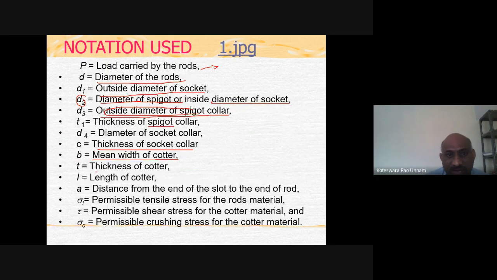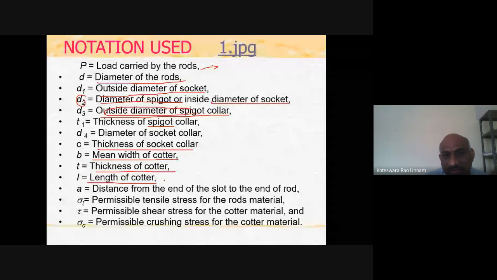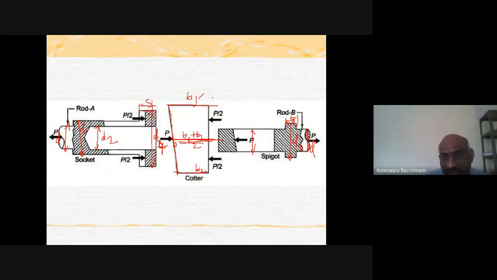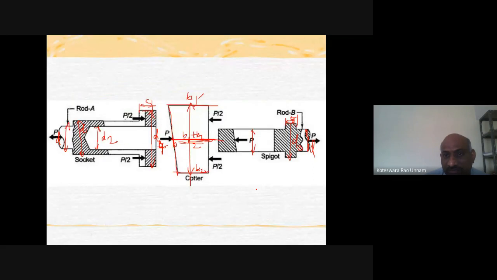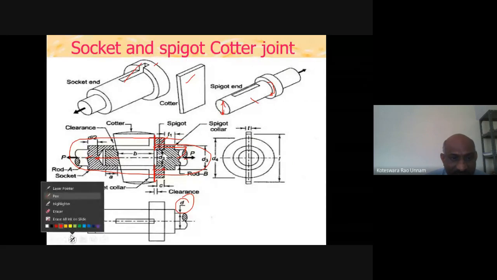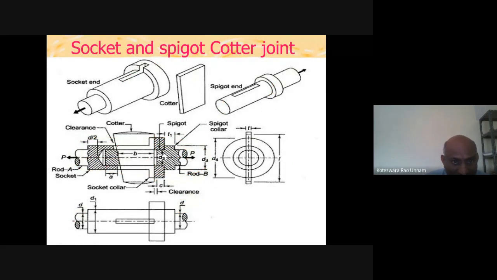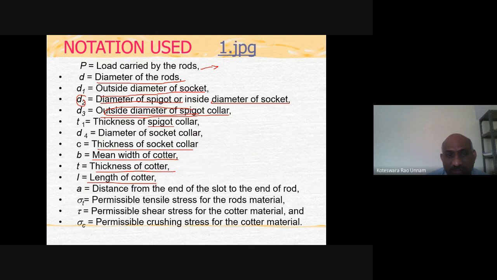Then t is the thickness of the cotter. L is the length of the cotter. In this view you cannot see the thickness, but this is going to be the length of the cotter. So from here to here, we'll take it as the length of the cotter. Then a is the distance from the end of the slot to the end of the rod. That means if we insert this spigot into this, there is some distance. You can see that in this picture. This is the hole, so from the hole to the end of the spigot, we'll take that distance as a. Okay, right? So these are the various dimensions we need to find out for this socket and